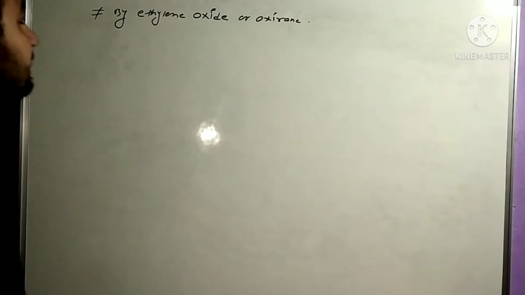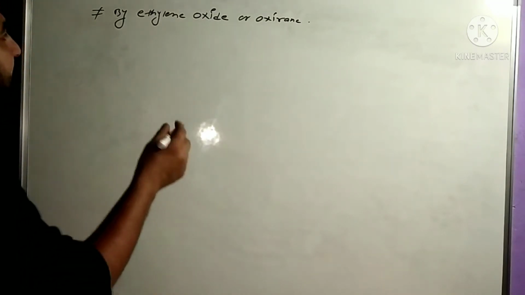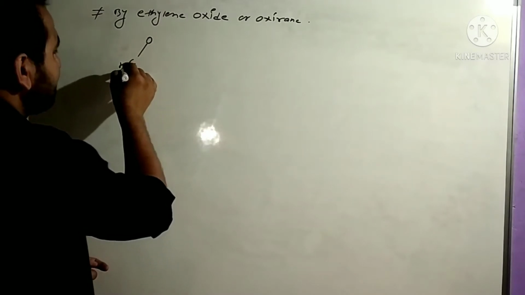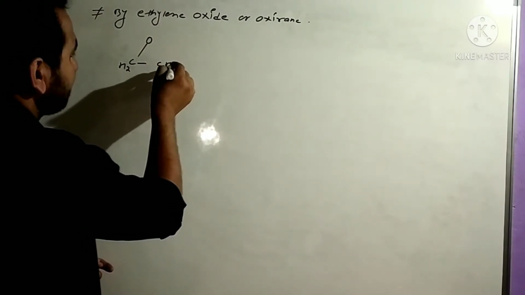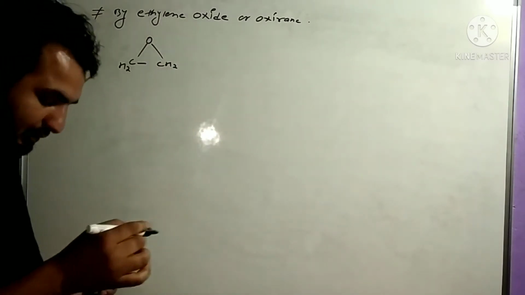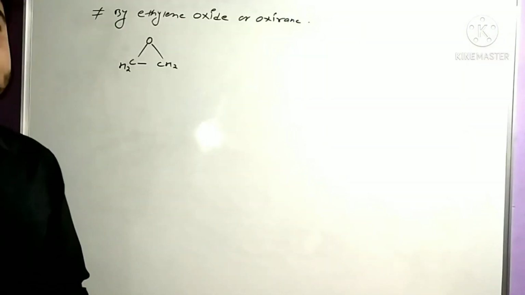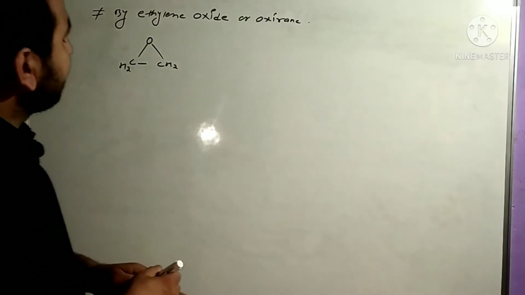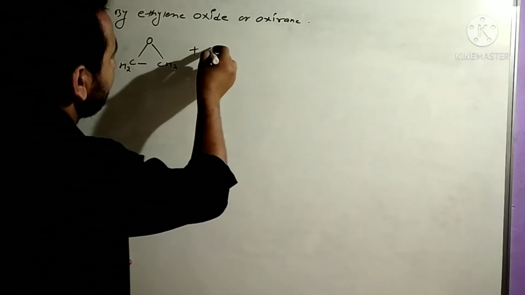We are doing the same reaction with the Grignard reagent. See here, we have the ethylene oxide in this manner. The O is attacked with these two CH2, and this is called ethylene oxide or oxirane. Clear? And it's reacting with this Grignard reagent,